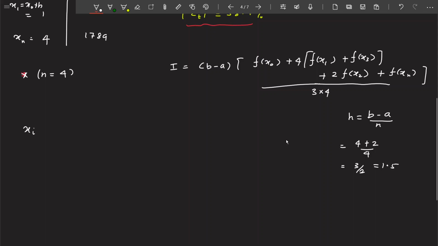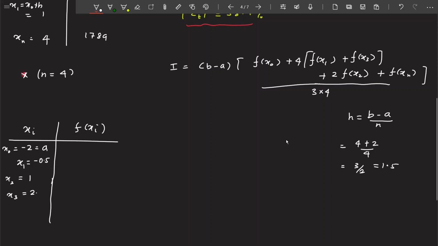Again xi, f of xi, okay, x0 is going to be minus 2, it's nothing but equal to a. Then x1 is going to be minus 0.5, x2 is going to be 1, x3 is going to be 2.5